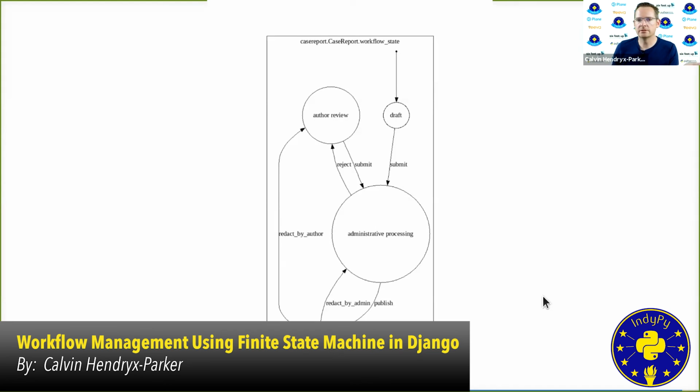What's really nice about this is it's so much easier to review or to visually gut check that you've got it all correct, because you've got a nice visual that shows you all the lines where everything's leading, and it'll be pretty obvious if some transition or some line is going in a direction you didn't expect. It's also much easier to discuss with the business side of the house how an object is supposed to flow through a business process when you can show them a nice picture versus trying to describe it to them or show them code, which they will never understand necessarily. Not because they aren't capable, it's just not what they want to do. They want to see a nice visual, and Django FSM actually gives you the ability to do that very, very easily.